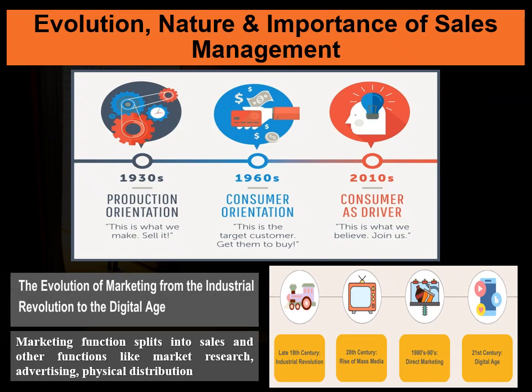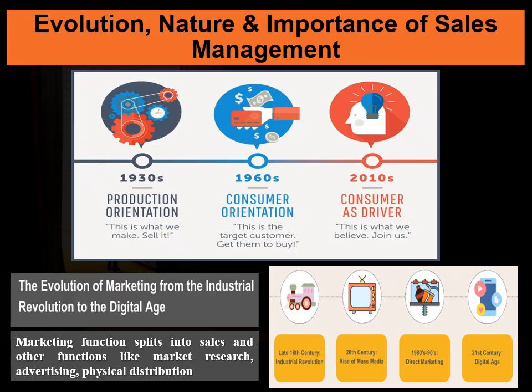So around the 1930s, this concept of sales management or marketing started with the production orientation concept. This is what we make, sell it. So the focus of the marketer was on production, and this further developed as consumer orientation. In consumer orientation, this is the target customer, get them to buy. So marketers started focusing on the customers and the requirements of the consumers,